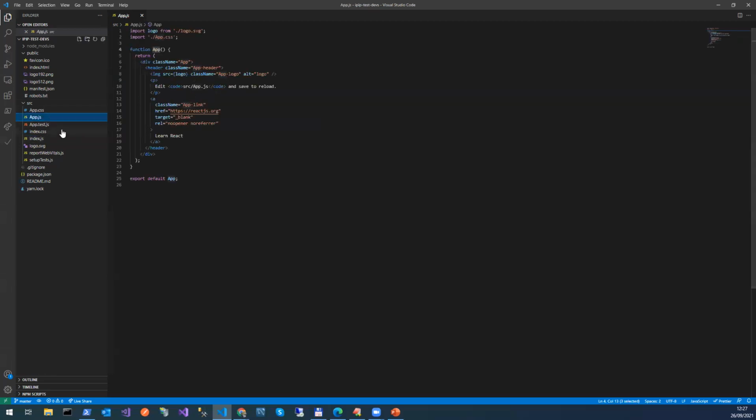So any file we create or any component we create, it is returning HTML with JavaScript, and then we can use that through the name of the function or the class name. If we have a class, then we can extend it by different classes which are already there in React, and we can use other functions there in that particular class. So to